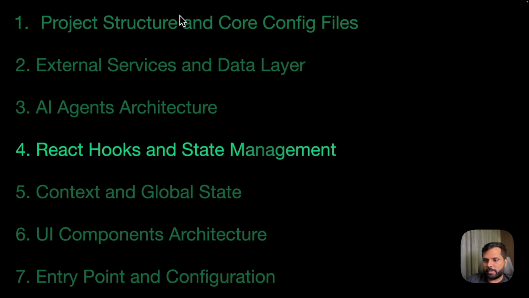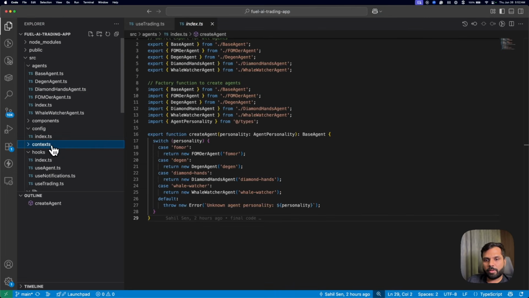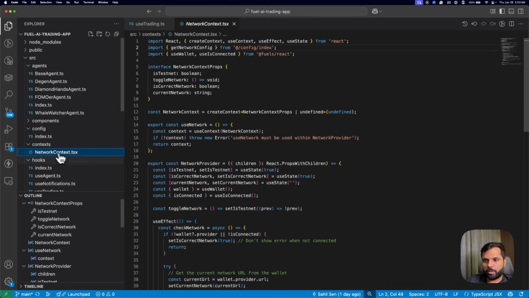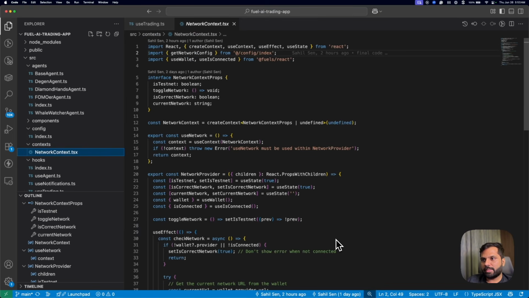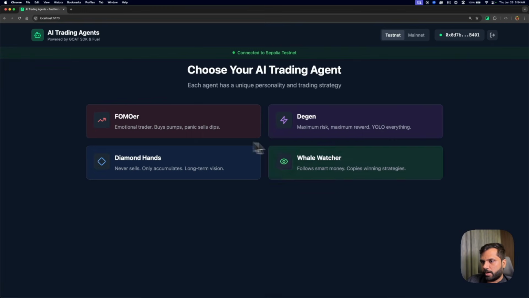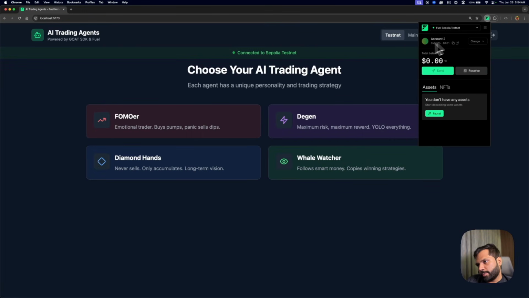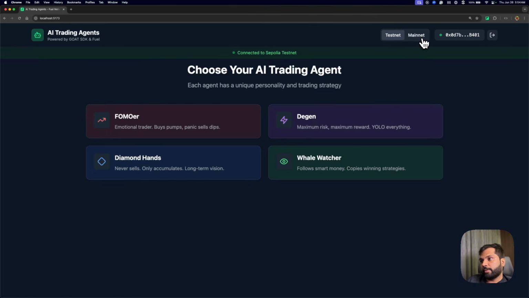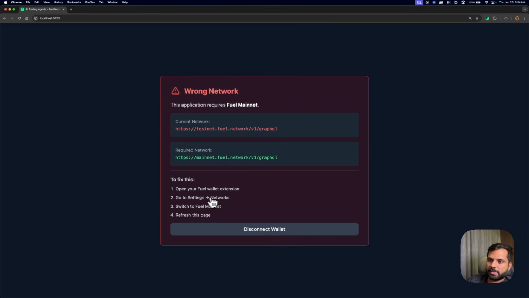Then come the context and global state, where in the context directory we have NetworkContext.tsx, which helps us in global network state management and handles automatic network validation for testnet and mainnet, helps us with testnet and mainnet switching, and gives an error if a wrong network is selected. For example, if you see our app is right now connected to Sepolia, our wallet is on Sepolia as well, but if we switch to mainnet, it will give us this error and give us some instructions around what we